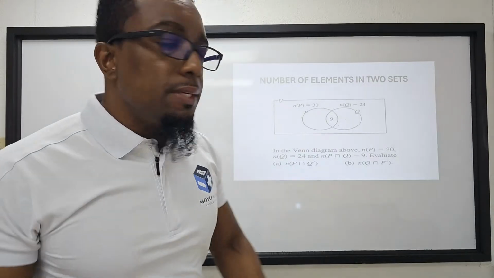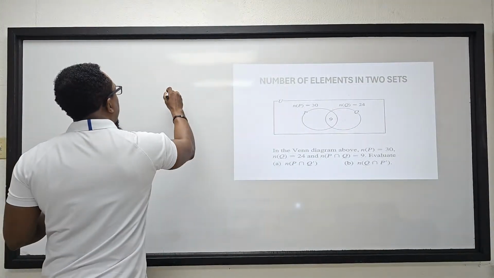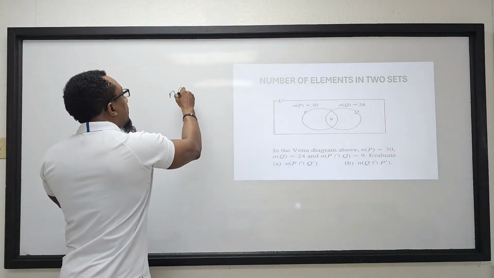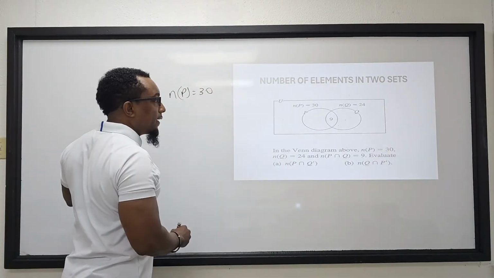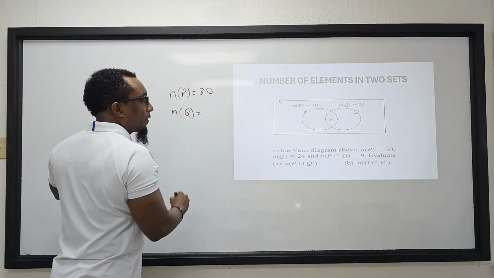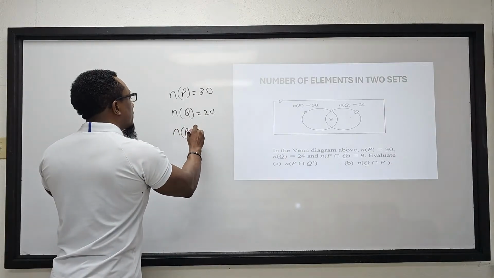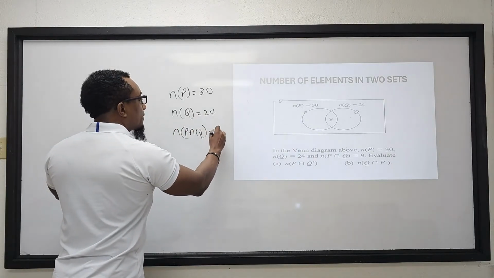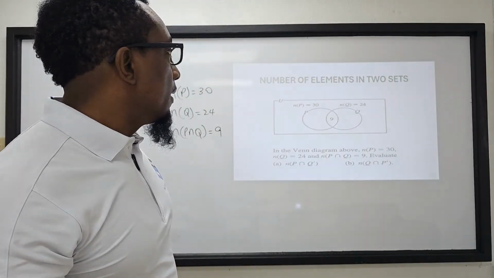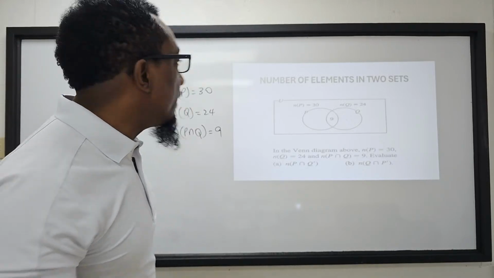So the number of elements in two sets. Remember, when we talk about number, we have n. So we have here the number of elements in P is 30. Number of elements in Q is 24. Number of elements in P intersect Q is 9. And they want us, of course, to complete that Venn diagram, evaluate A,